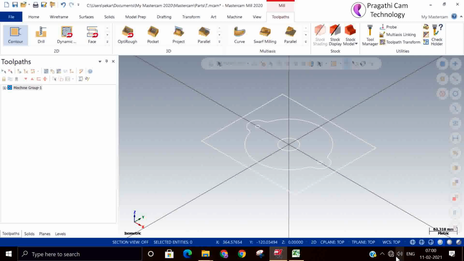So wherever you want, you can make your 0. You need to understand where you want to make the 0. So now I made the job center, the center of that hole.